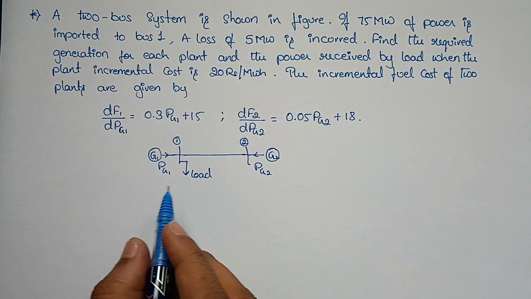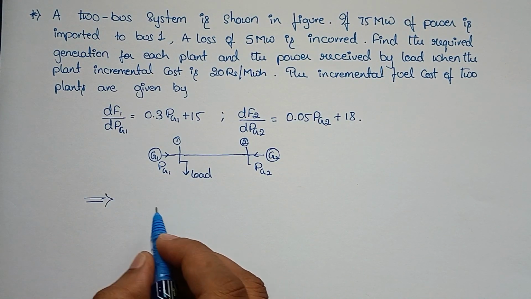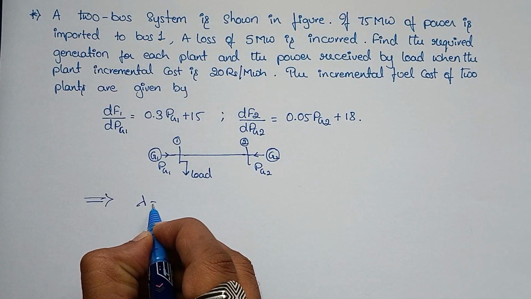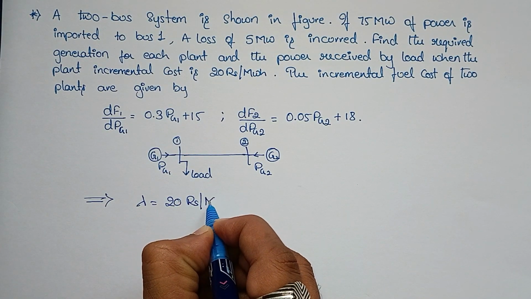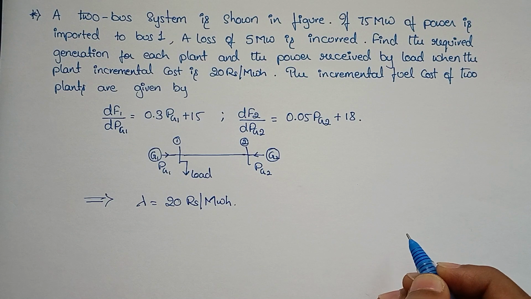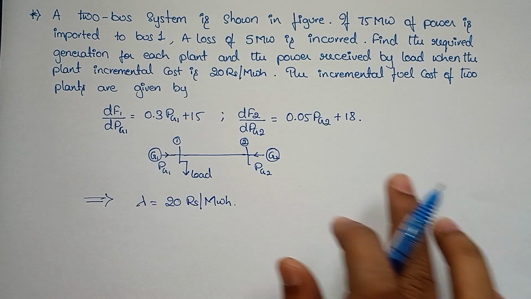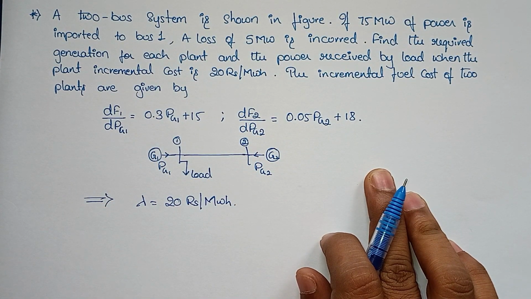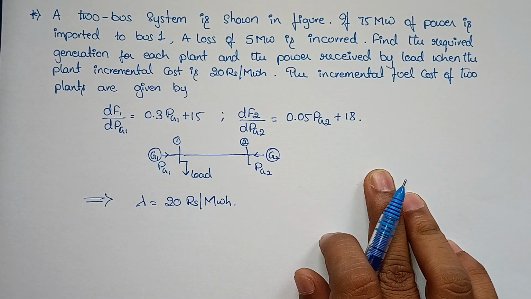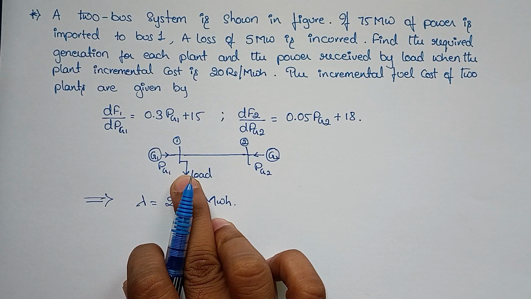Let's start solving by listing out the given parameters. The first one is lambda, that's 20 rupees per megawatt hour, and we need to start by looking at the figure of the two bus system. We can see the load is specifically at bus 1,